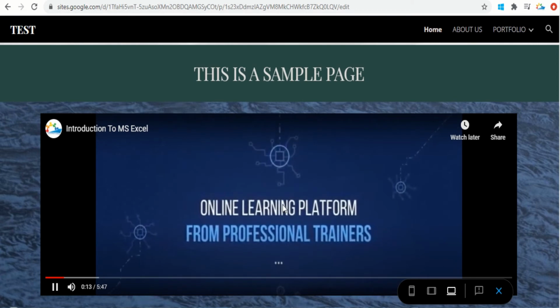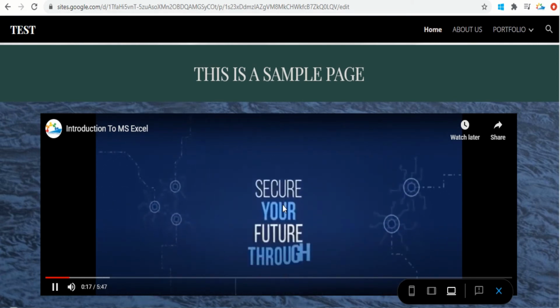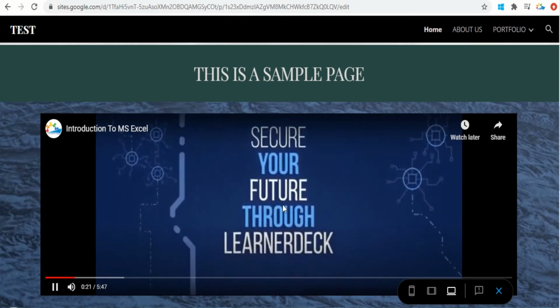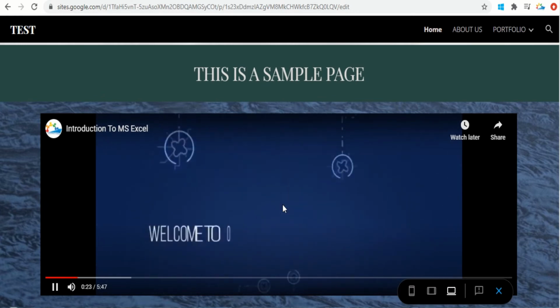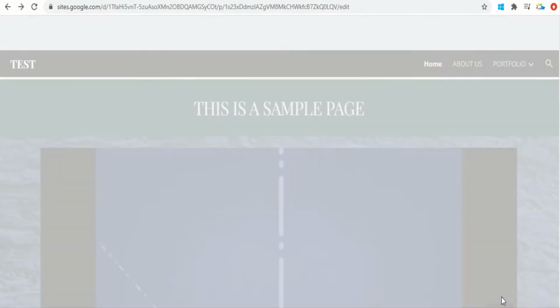And by doing this, you can also engage your viewers as well. For example, if you would like to divert your viewers from your website to your channel, this is the perfect platform that you need to look after. I'll just click on this cross button.